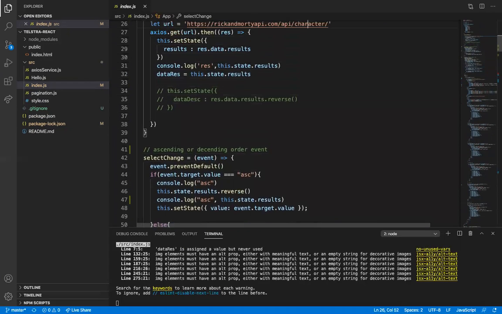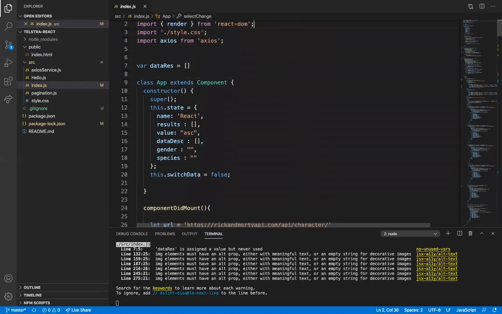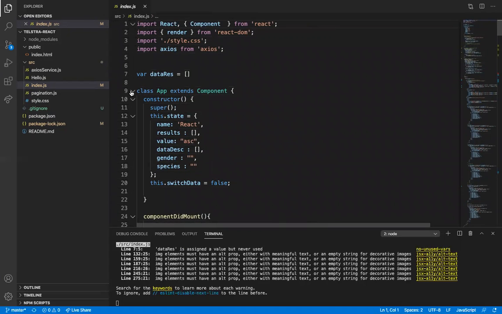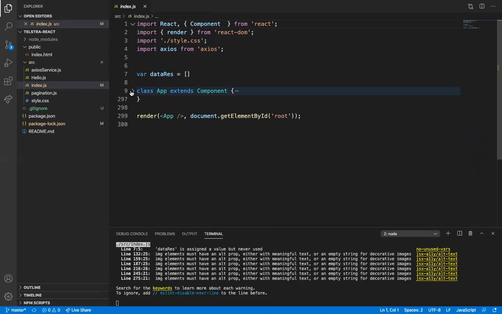I kept only one component, which is handling this root. I am going to send this app component to this root. Also I am importing the Axios module. What is this Axios module for?